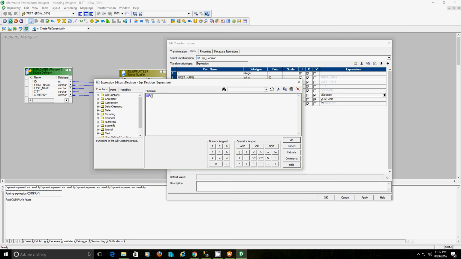If the old value equals the current value, then the value has to be no change, otherwise the value has to be changed.